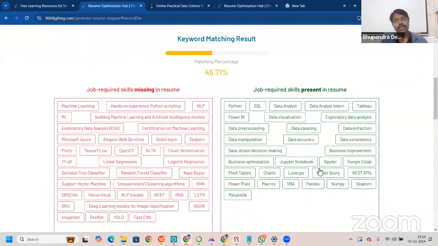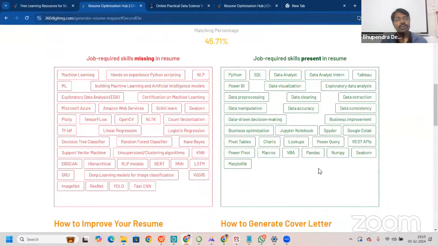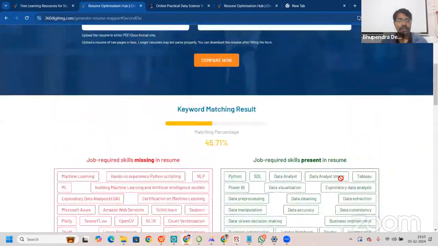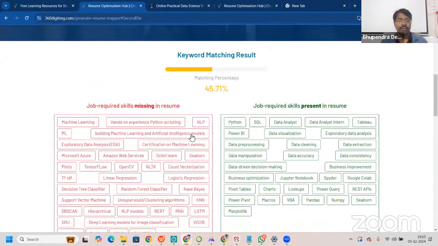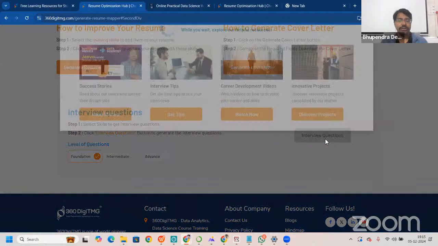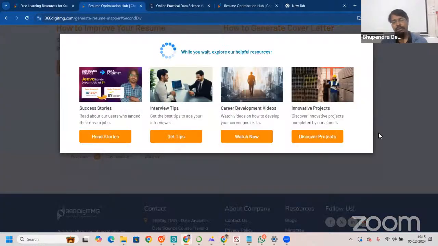Talking about keyword matching results, we have a 45% keyword match. Now, you have two things here: job required skills missing in the resume, and job required skills present in the resume. Talking about how to improve your resume, how to generate a cover letter, interview questions, all those things. For example, if I click on NLP and generate interview questions, it will take time, of course. While we are waiting,